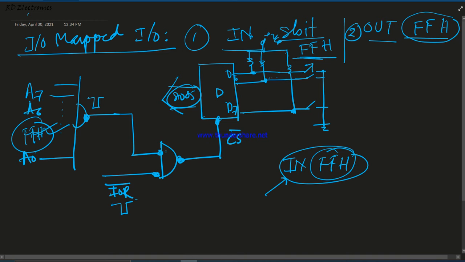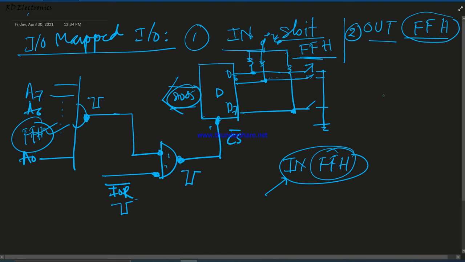So this signal will be low and this signal will be low. That means here we get 1 and 1, and with both 1 and 1 here you also get 0, and this will select this D latch IC. If any one switch is closed, then the status of the switches in 8-bit or 1-byte form is stored in the accumulator.